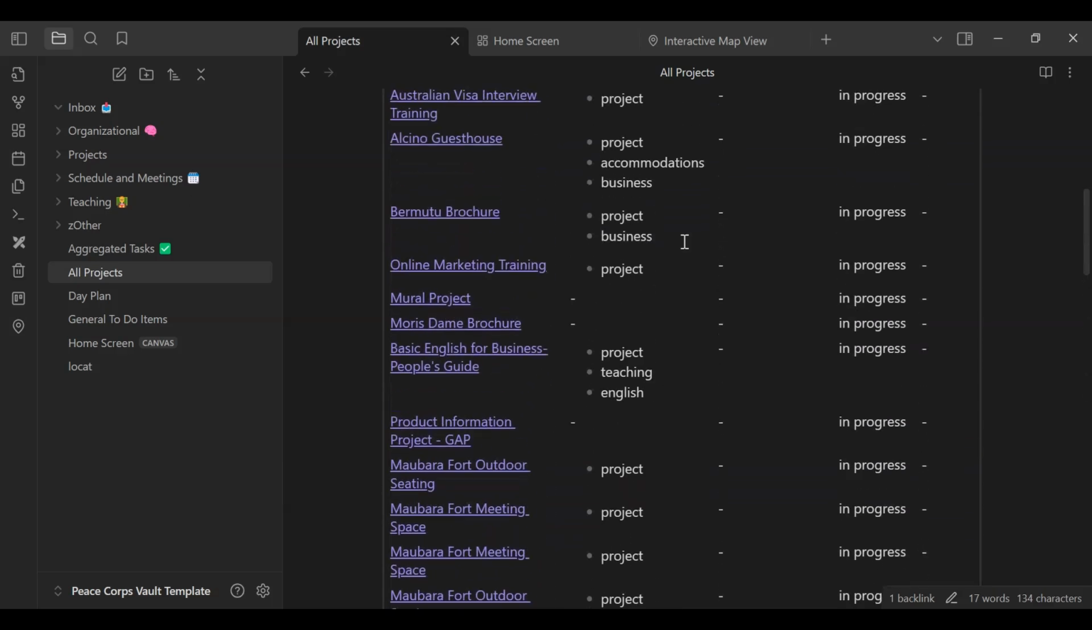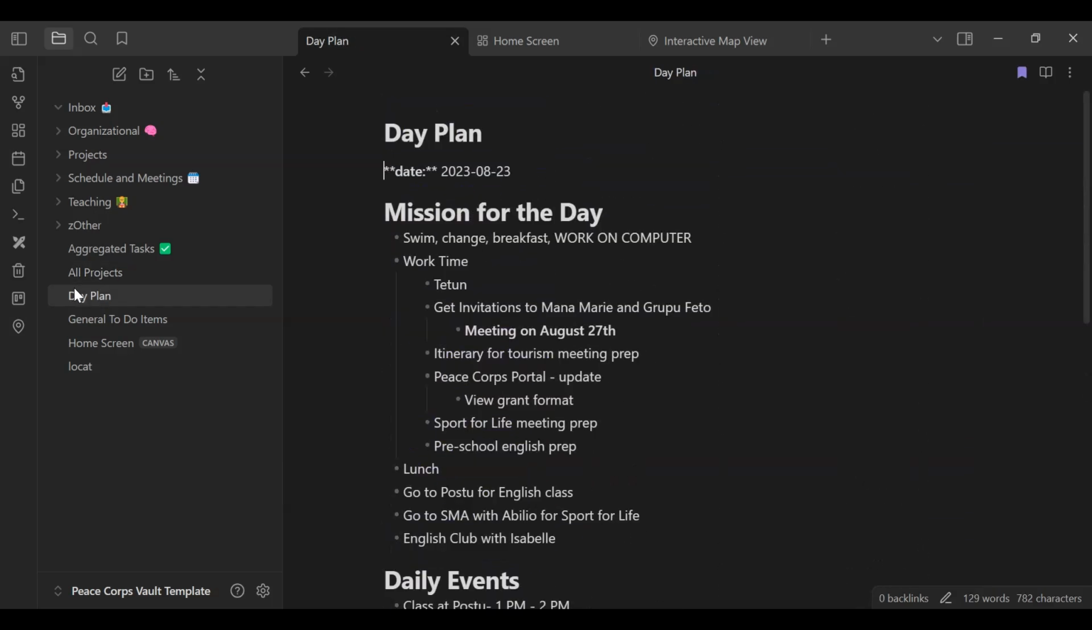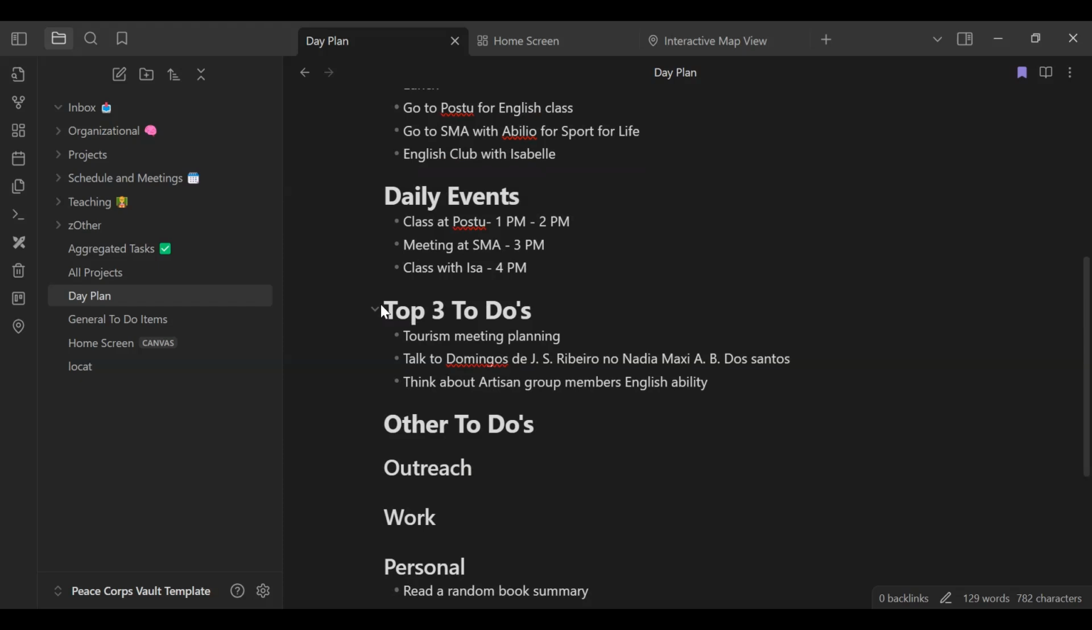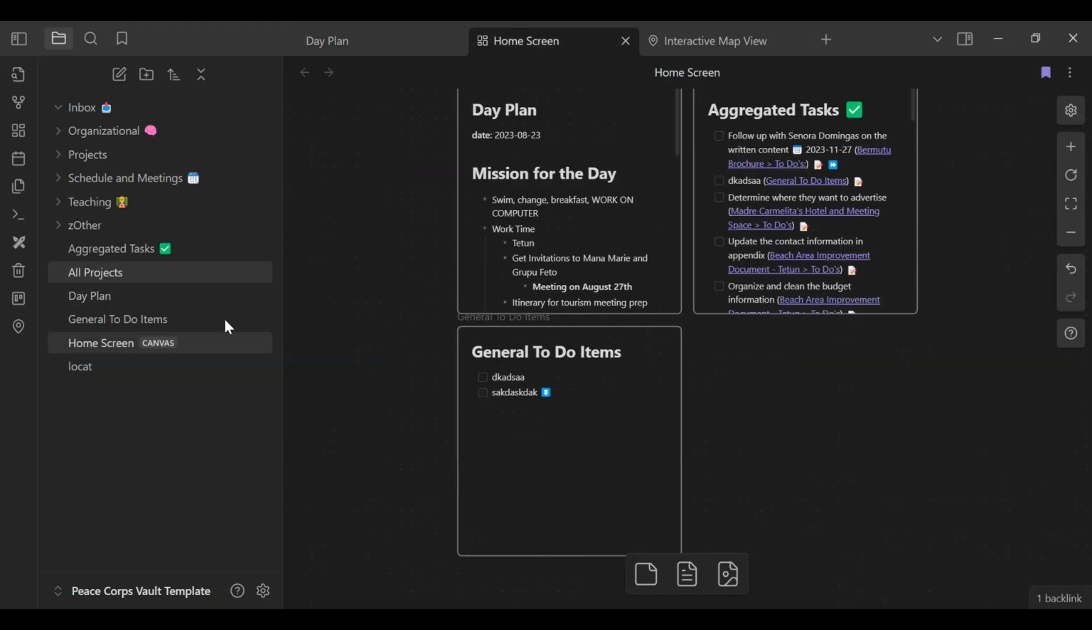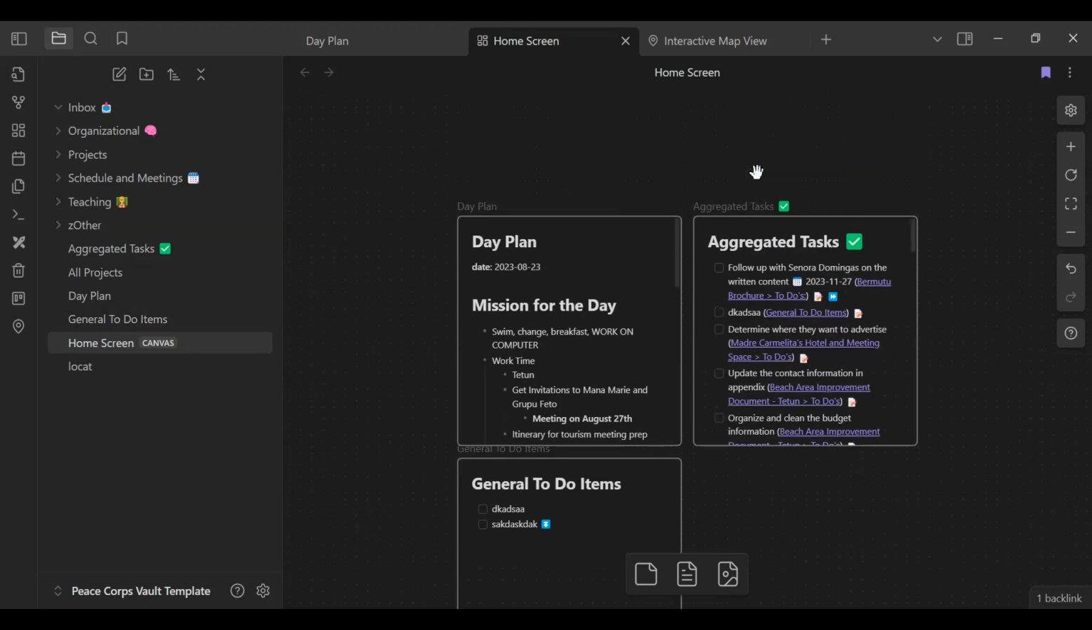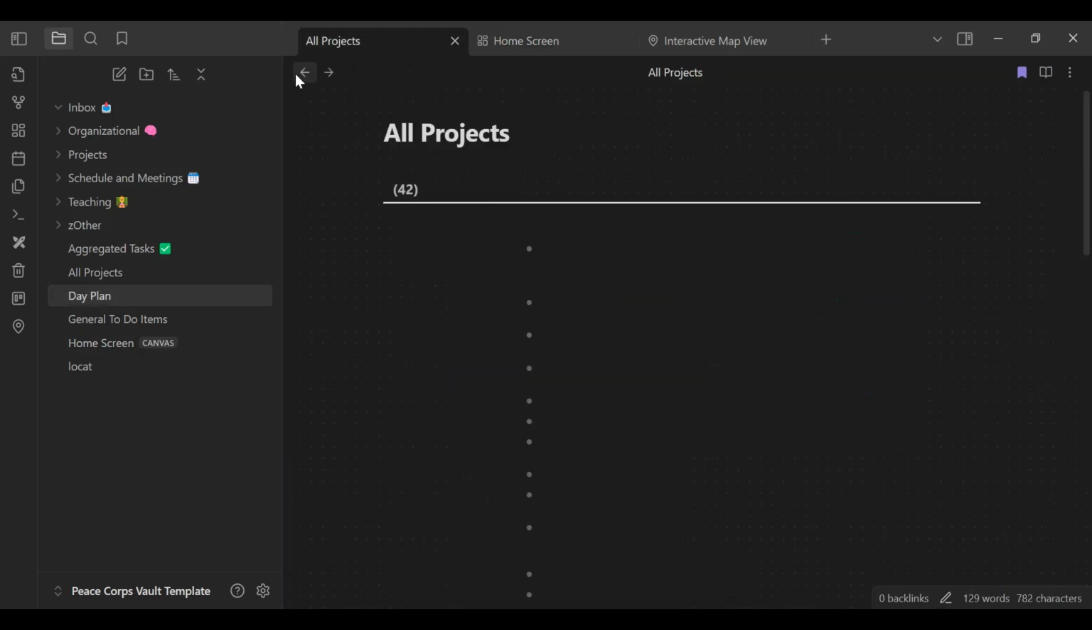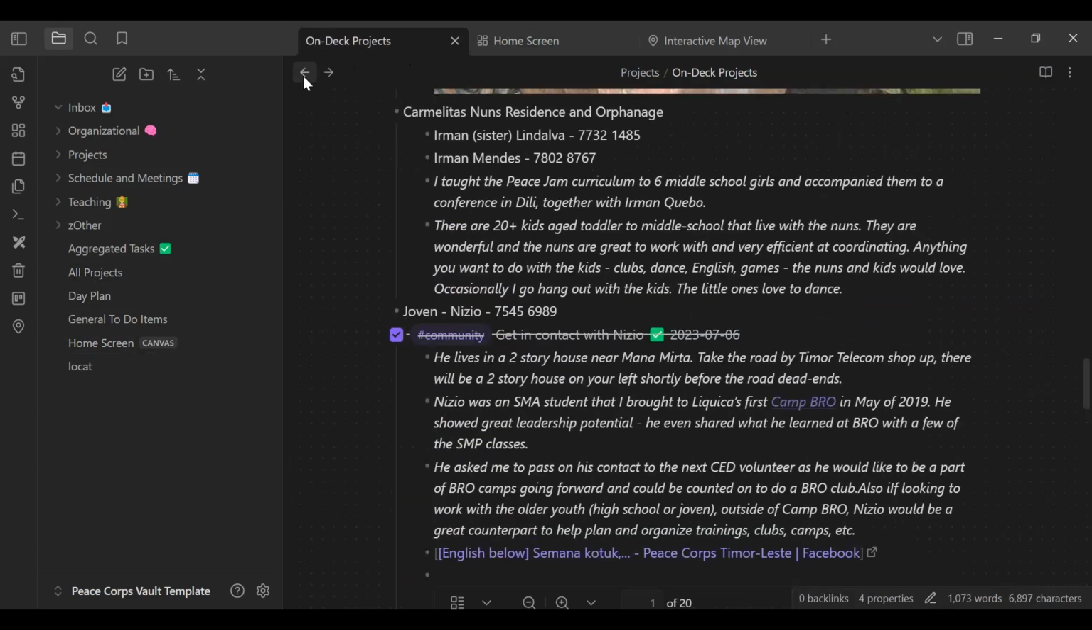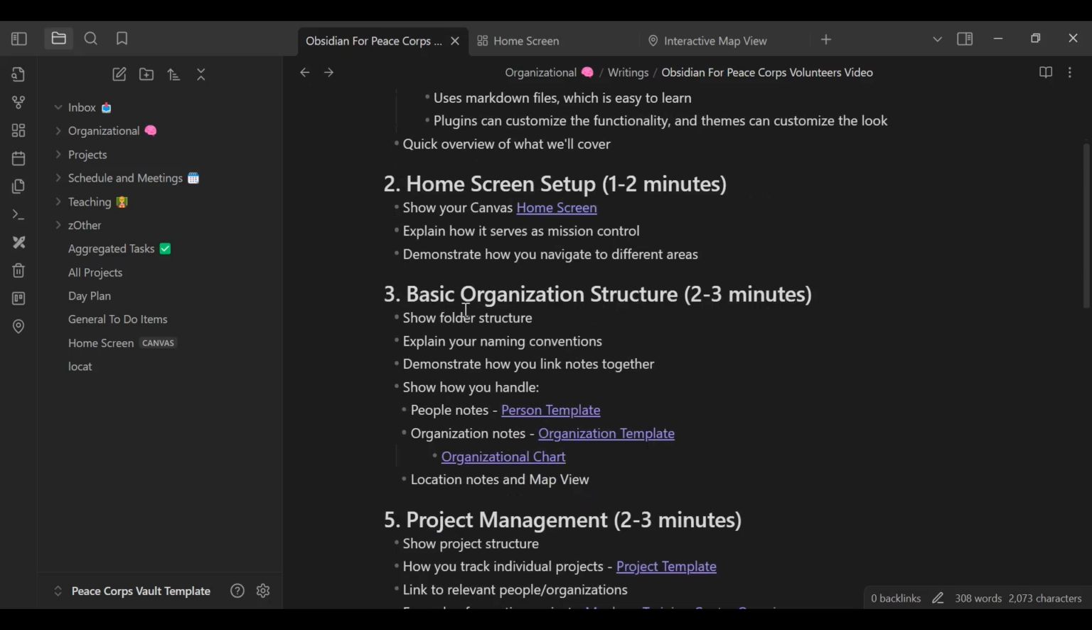Alright, then the day plan, this is what you were able to see from the home screen. You can see day plan, general to-do items here, and then also aggregated tasks here. Alright, so that is an overview of my setup, but now I want to talk a little bit about how